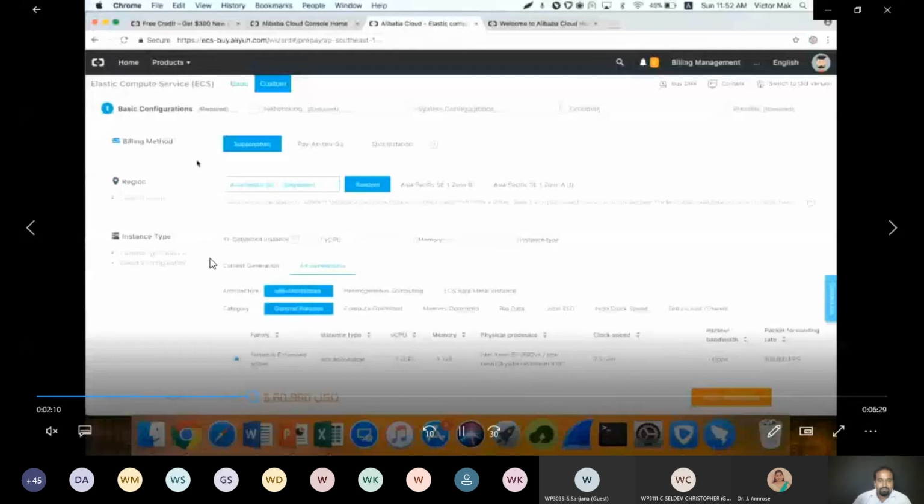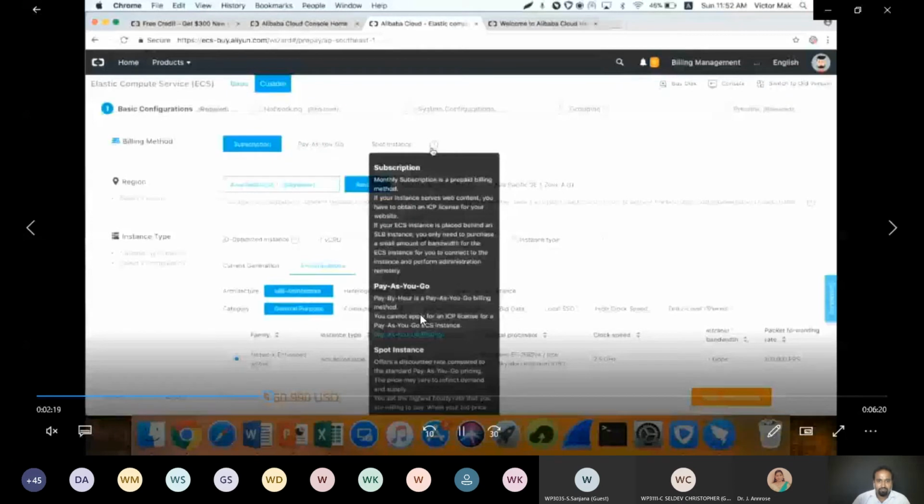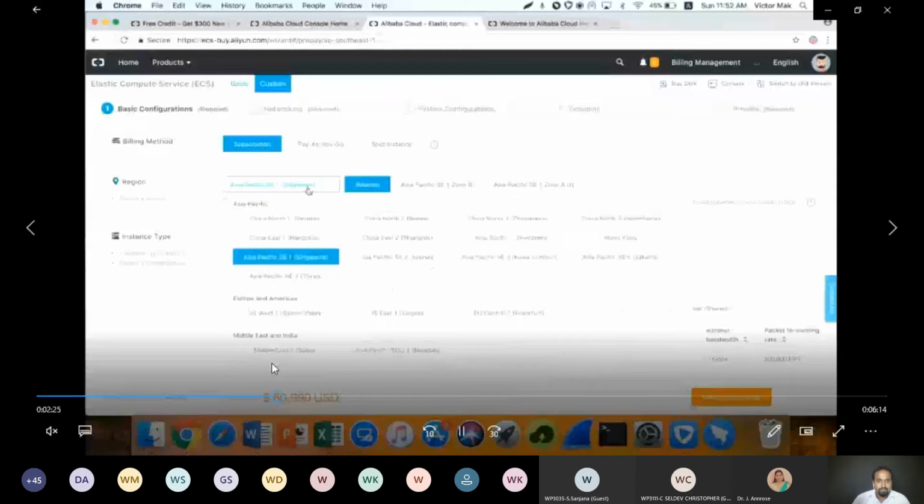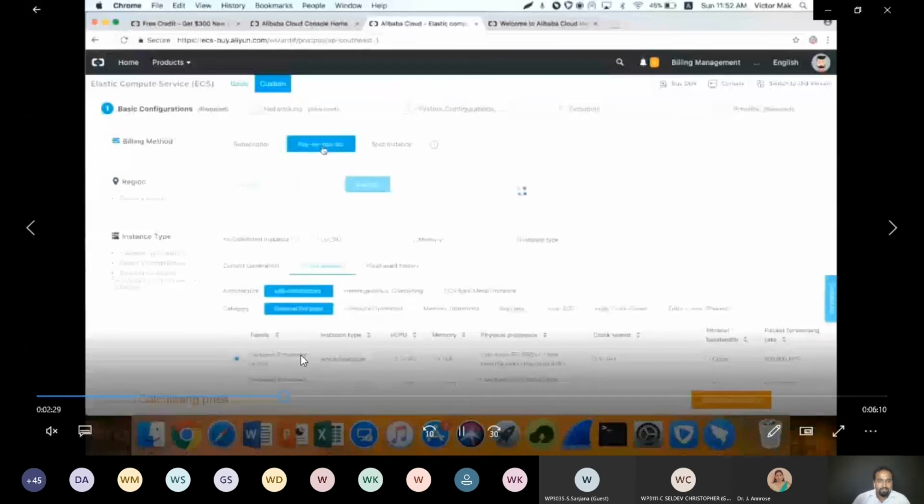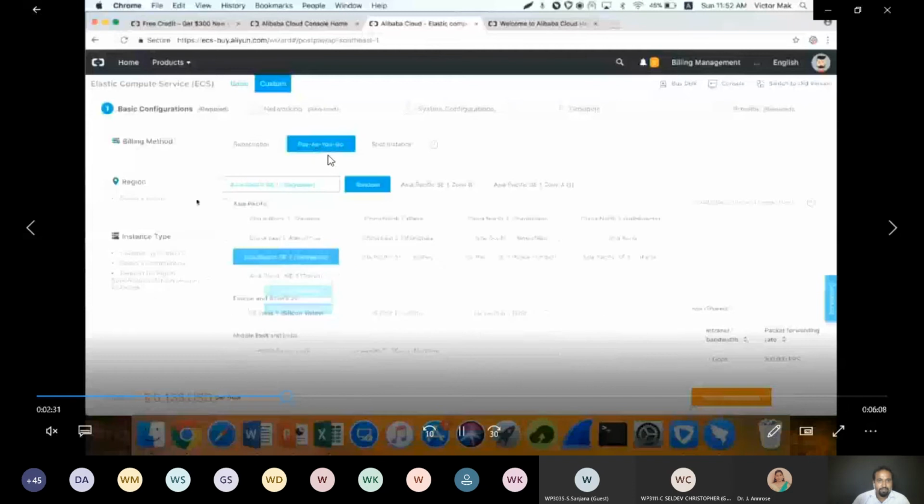You have to choose the instance type. What type of machine you are going to purchase, that you have to provide here. In my case, S6 architecture general purpose machine. And different categories of instance types are there. You can choose that. So now I am going to choose pay as you go model. So whatever time I am going to use this particular instance, I have to pay.